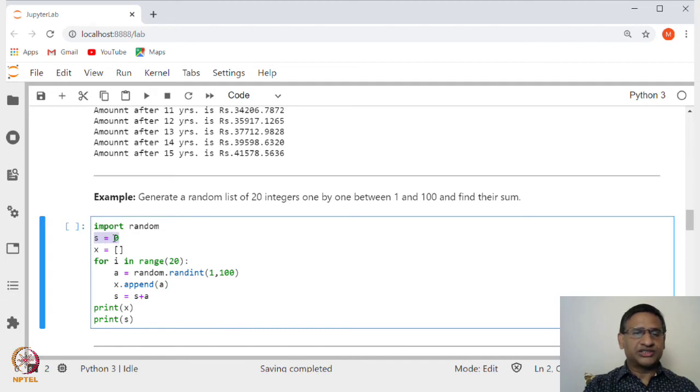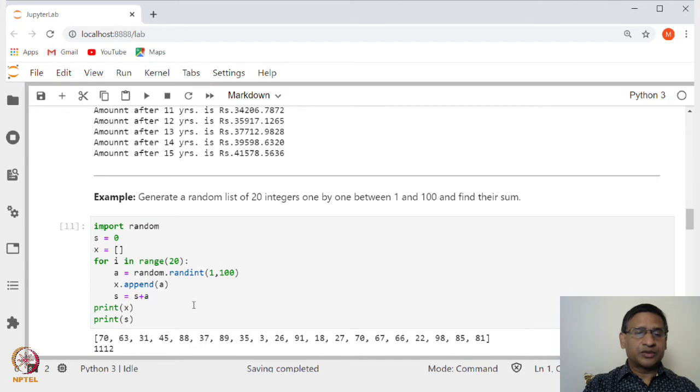So, for example, s is 0 and it will generate the first number. As I said, the first number could be, let us say, 5. Then the list becomes a singleton 5, and s becomes s plus 5. S is 0, and a is 5, so s becomes now 5, and it will continue till it exhausts all the elements in this list, that is, 20 times it will run, and at the end you print the list.